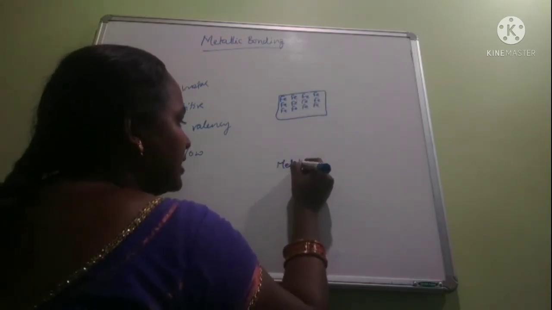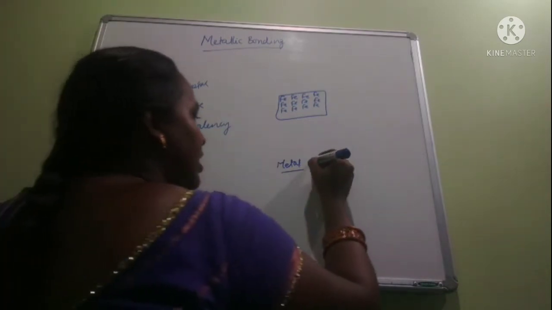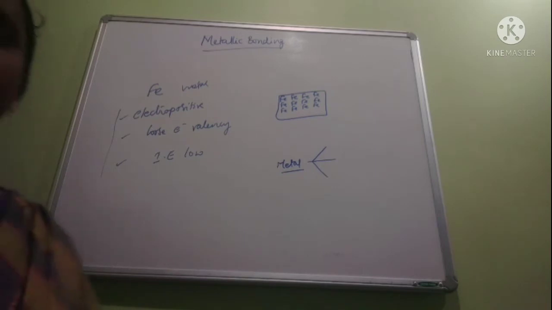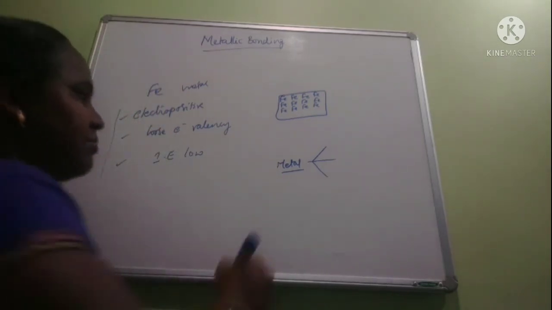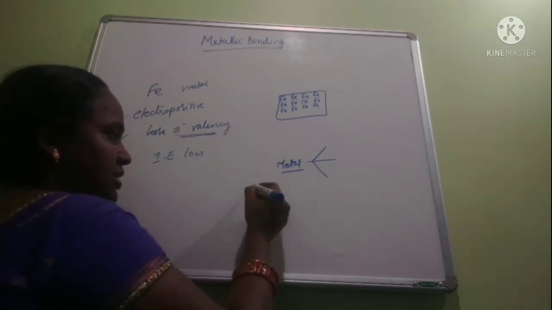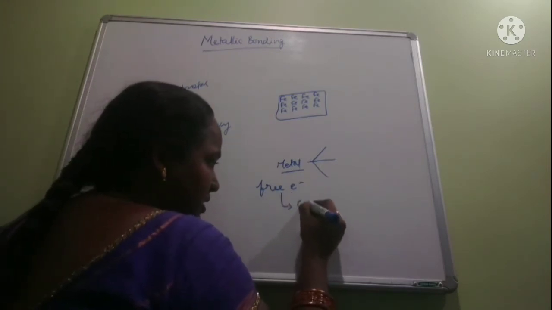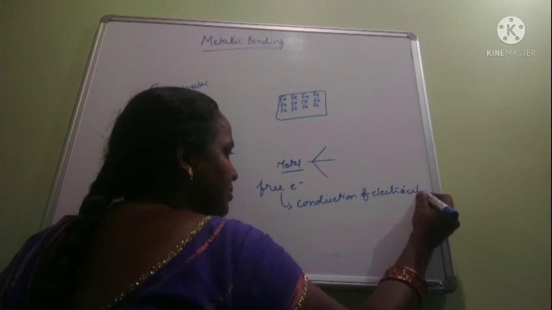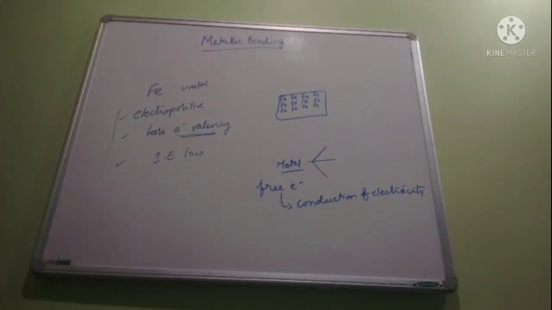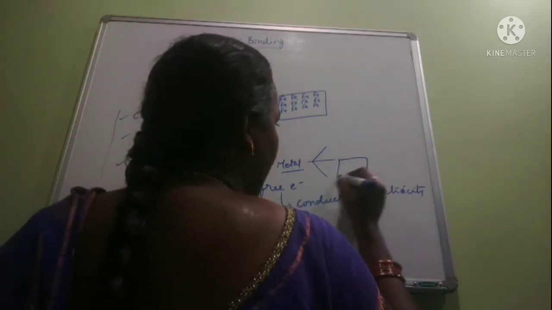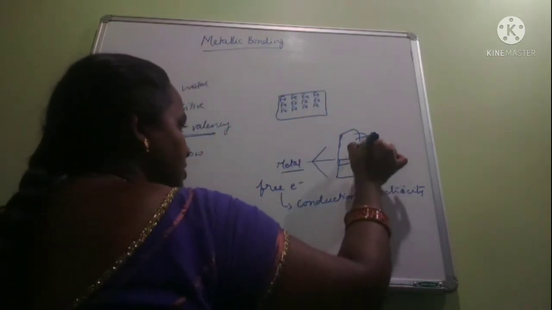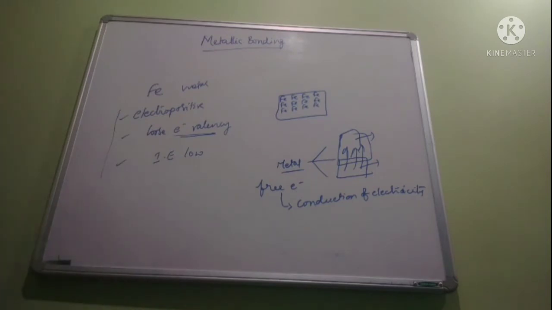For iron metal also it has some electrons. In a metal we have three types of bands: the conduction band, the valence band, and in between the forbidden band. In band theory, a metal can easily lose its electrons, that means it has some free electrons. Free electrons are responsible for the conduction of electricity. Because of the free electrons, electricity can easily flow in a metal. So it has two bands, the valence band and the conduction band. The gap between them is very small, because of the large number of free electrons, they can easily move from one zone to another to allow the movement of